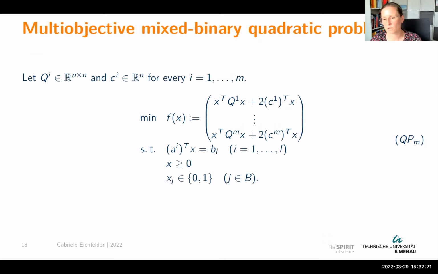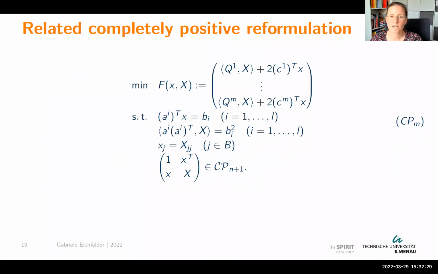Let's now come back to the approach that we have seen from Bura, and let's try to apply it to our quadratic optimization problems here. And we're doing the very same steps. So the feasible set after this lifting and relaxation looks exactly the same, of course. And we are repeating the steps for all the objective functions. So all are linear objective functions now. And again, the difficulty is moved to this cone of completely positive matrices.